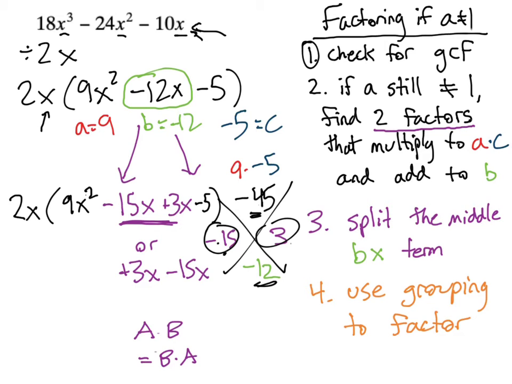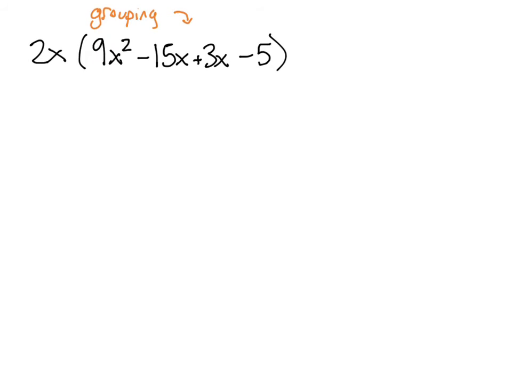Let's finish factoring the rest of this on a new screen so that we've got a little bit more space to work. So we're going to use factoring by grouping to factor these 4 terms that we have left inside the parentheses. We don't need to do anything with this 2x that we factored out because after we factor out a common factor, we can just continue to work with the terms that are left over